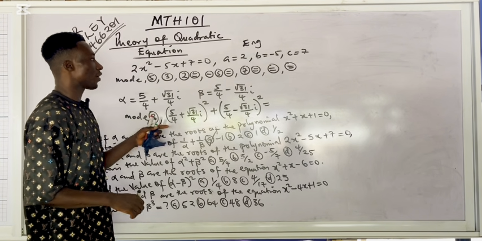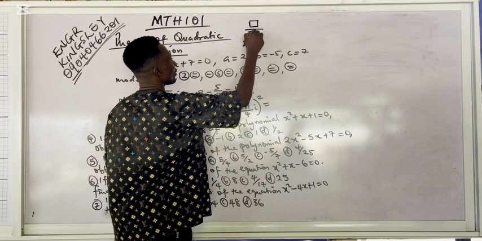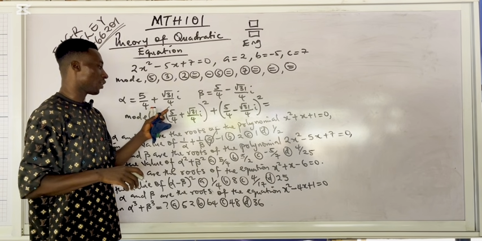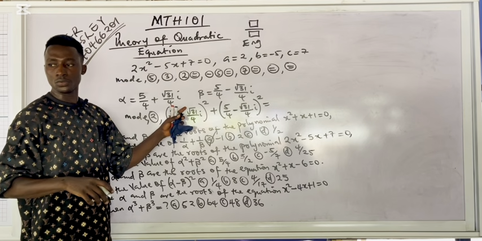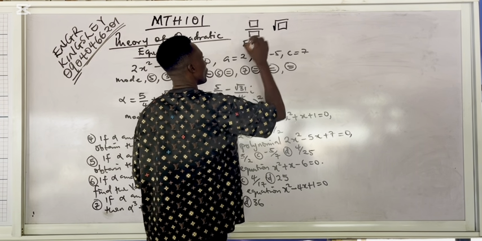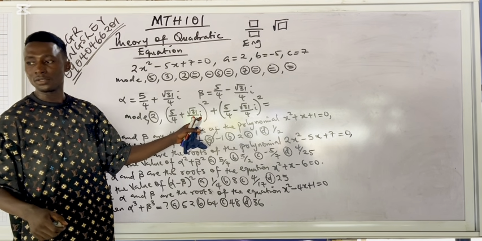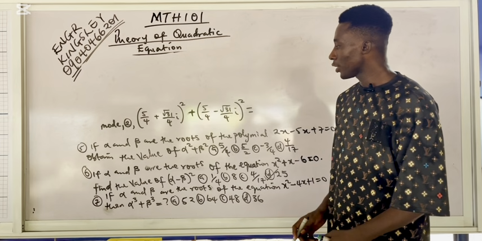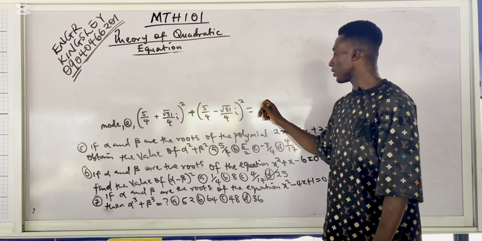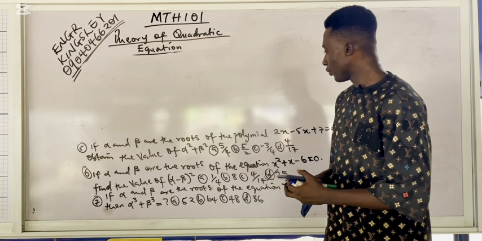So this one, fraction, we use this symbol in the calculator to press fraction. So when you press fraction, you press 5 all over 4 plus roots. Roots have this symbol in your calculator. So you have to locate this sign to press roots. To press i, you press ENG. Okay, once you are done entering it, you see that the answer will give you minus 3 over 4. Okay, which is